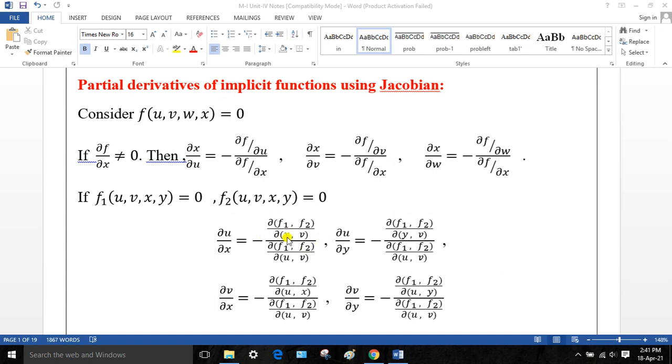Now the question arises, what do I have to write at the denominator? So remember the pairs. There are two pairs: the first pair is u, v, w, and the second pair is x, y, z. Remember these pairs. If I have to write del u by del x for two functions, for one function those formulas are fine, but for two functions, for del u by del x, we will first write the negative sign and take the entry of these two functions.